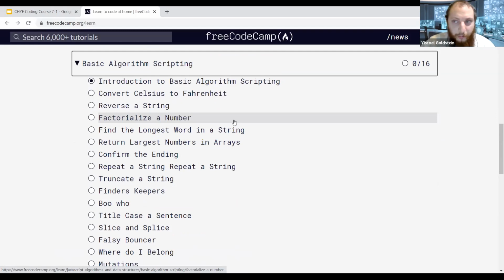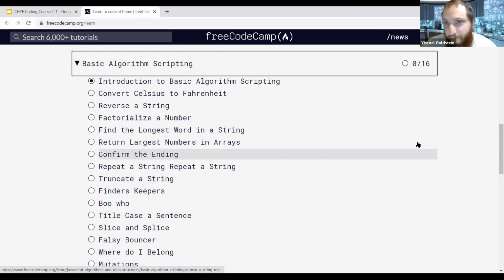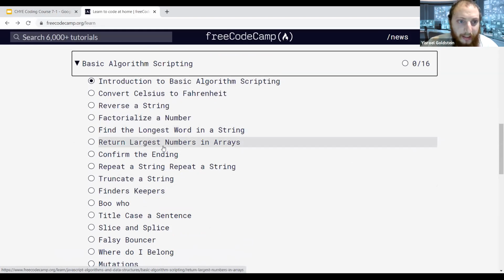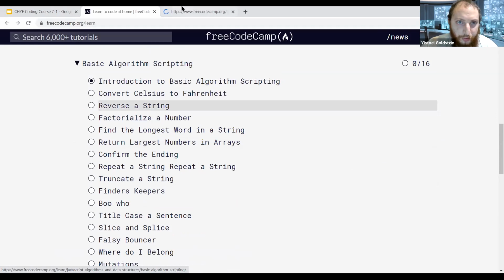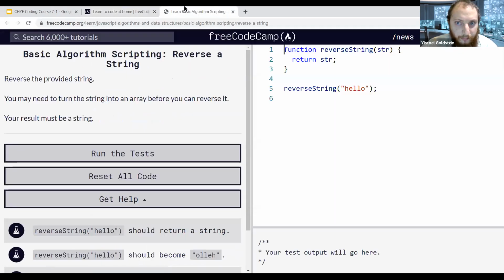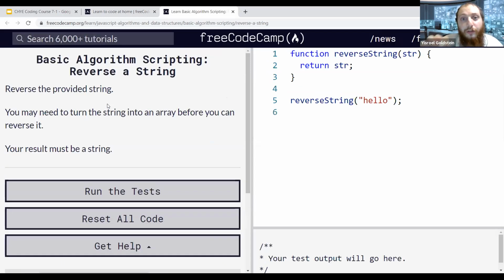So here they also have a bunch of different interesting exercises like that. Let's look into this one. This looks interesting. Reverse a string. Okay. Reverse a string. Reverse the provided string. Means the task at hand that we have to figure out how to do is, if you're given a string,